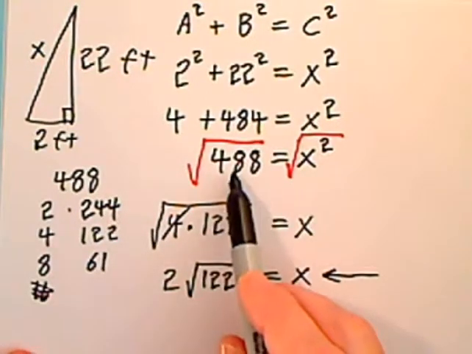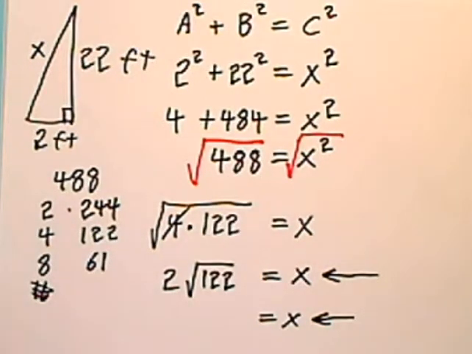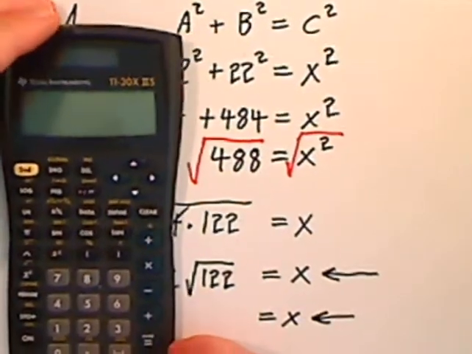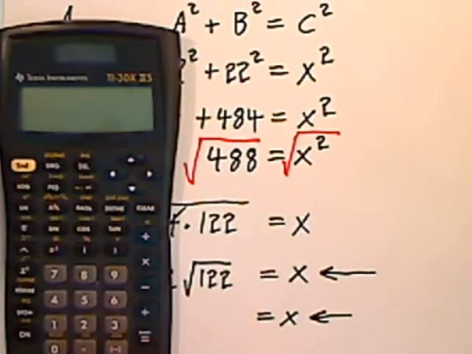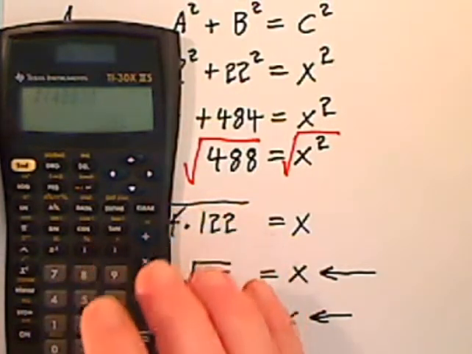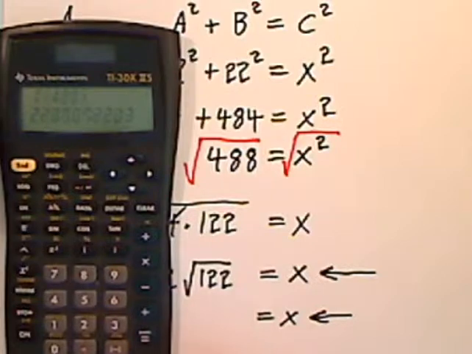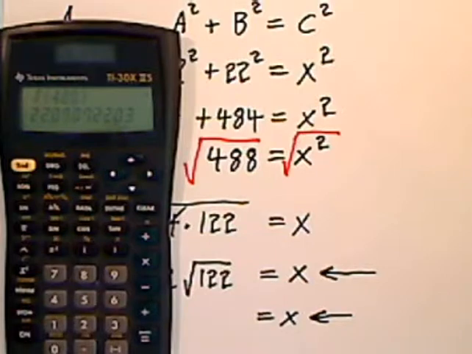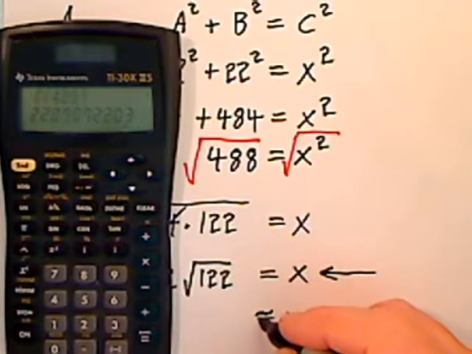So you start way back up here, and we're using the calculator. Again, I'm not really trying to show how to use it, so sorry it's a little bit out of focus. So we enter, first I need the radical sign, so I'll use the yellow to get the yellow writing, and then I hit the key with a square root. Then I enter 488, close my parenthesis, and I hit enter. So they have 22.09, and that rounds, let me make this approximately equal to